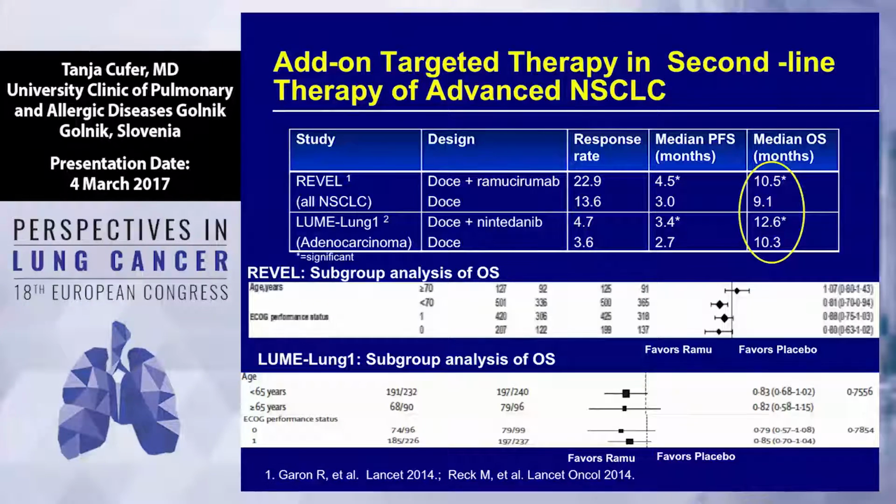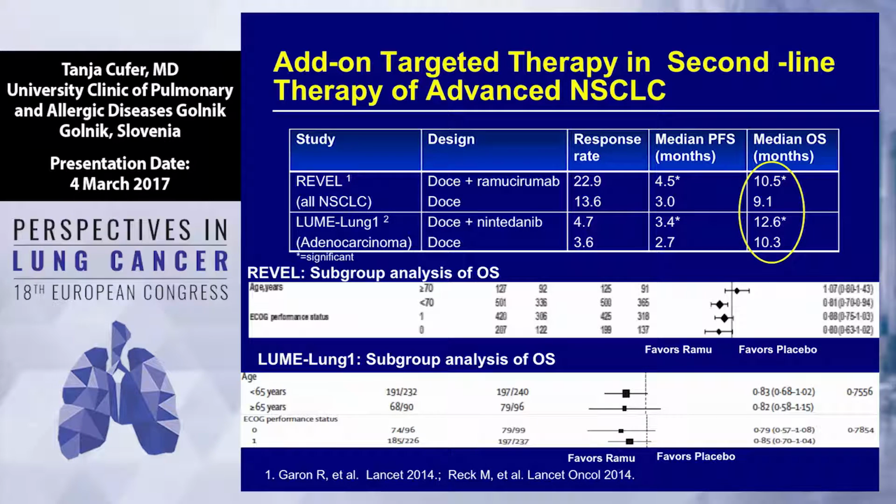So we cannot say anything about the performance status 2 patients regarding the maintenance, but for elderly, the same benefit, no difference. What about add-on targeted therapy? We are not talking here about the real targeted therapy. We don't have any target. It's only add-on anti-angiogenic therapy. As you have already heard today, in the REVEL trial, using ramucirumab, the benefit for elderly was not equal, it was not in favor of ramucirumab. While in terms of nintedanib, also for the elderly patient, there is a benefit. And there is a benefit regardless of performance status 0 or 1, but we don't have any data for performance status 2, because only patients with 0 and 1 have been included.